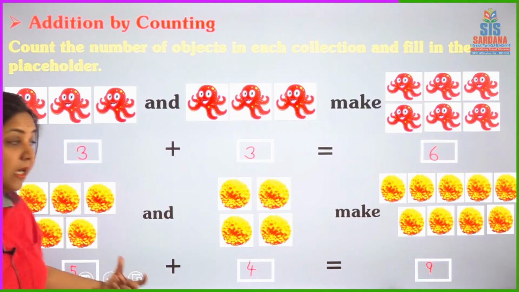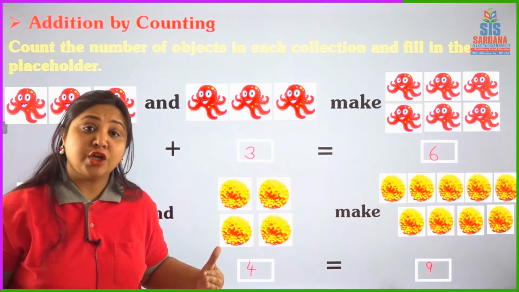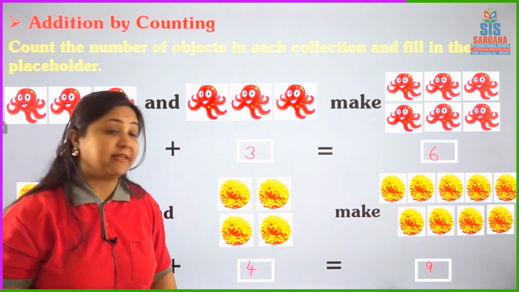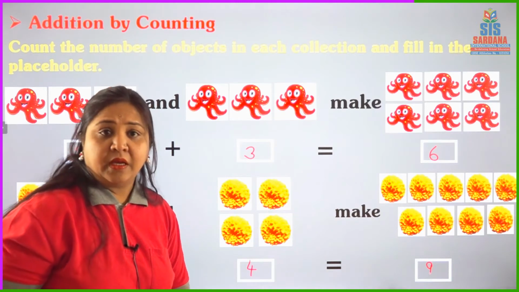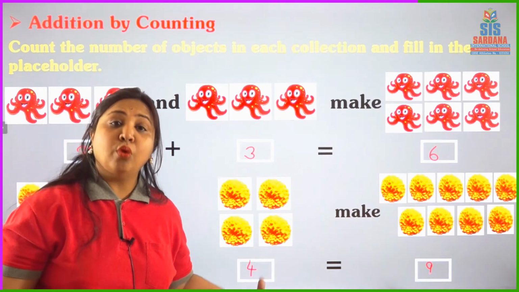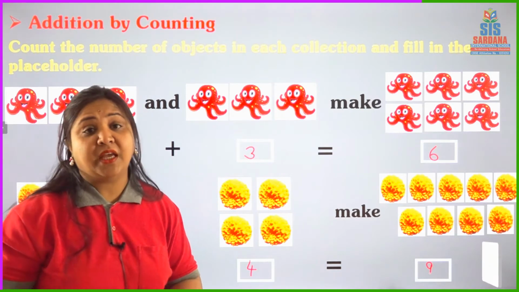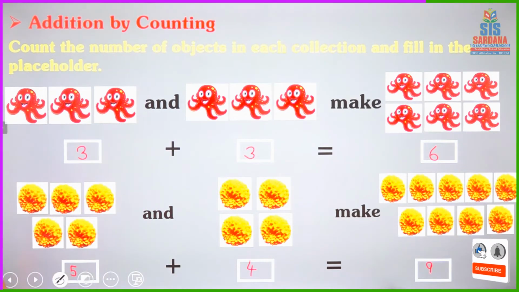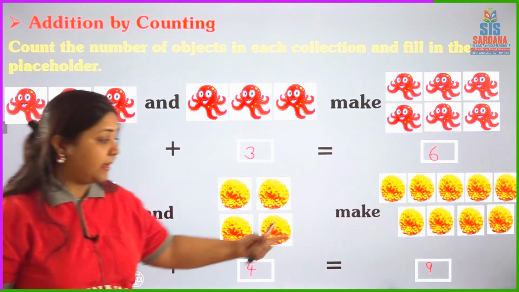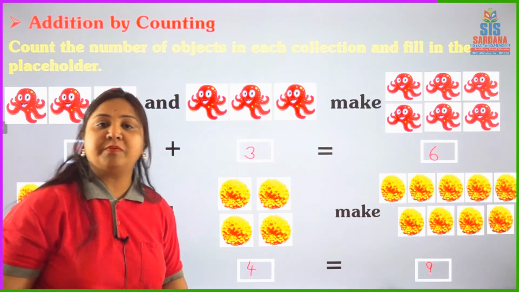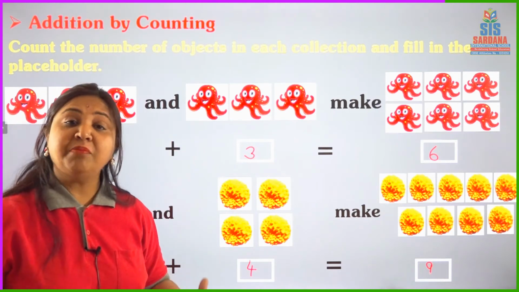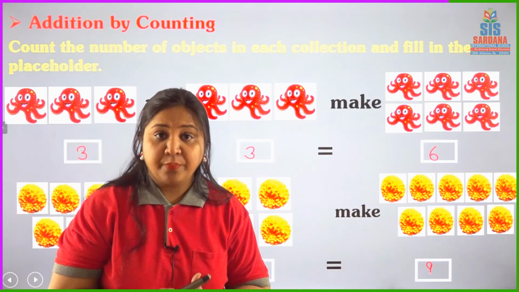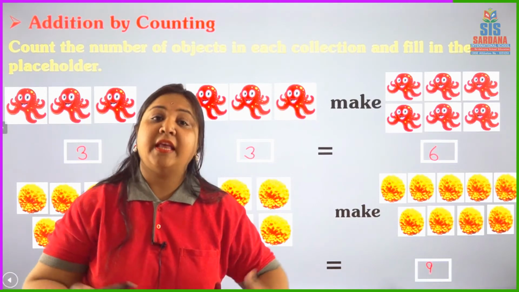When we keep together in the new collection, we get more number of objects. See, more flowers are there. These two are separately less. This is only addition. Addition means to become more. When we keep together something, we get more and more. As you people can see that separately they have less, but when they are kept together by us, the number of objects has become more. So all of you, this is only addition. Addition means putting things together, putting things together to make them more.